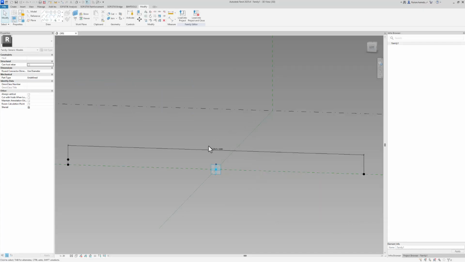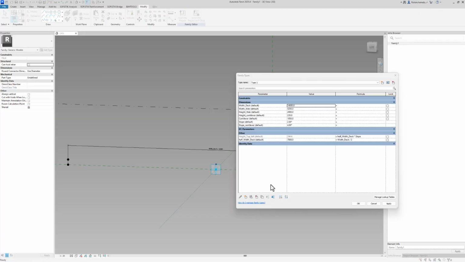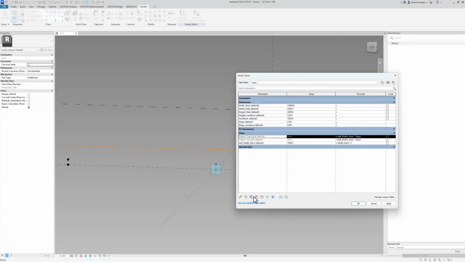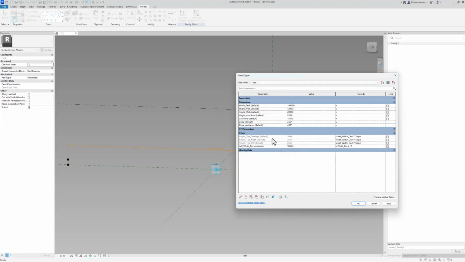Let's continue by creating the rest of our top structure for this family. I want to create 2 more parameters for the height of the top geometry, especially for the top on the right side, as well as the height for our cantilever drainage. How do we now get the height of the top drainage?